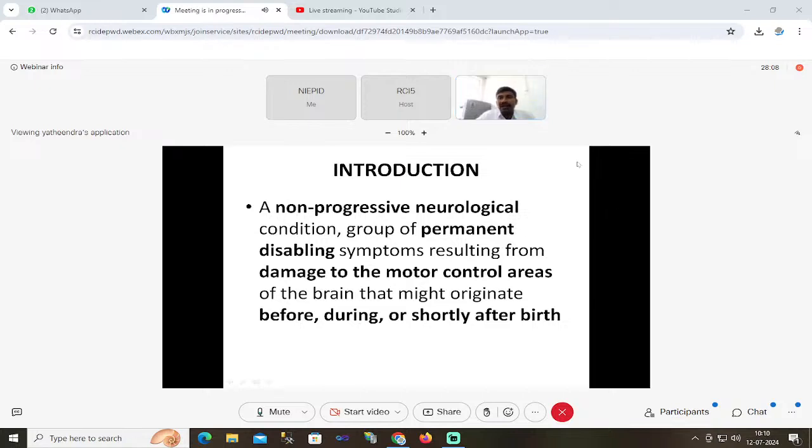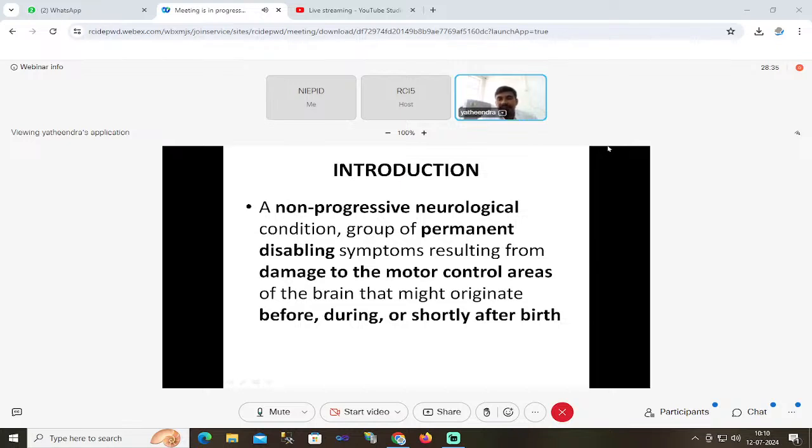When you see the definition of CP, it is a non-progressive neurological condition where there is a group of permanent disabling symptoms resulting from damage to motor control areas of the brain that might originate before, during, or shortly after birth. That means you need to understand there are two important points here. One is that it is a non-progressive neurological condition. What is the meaning of